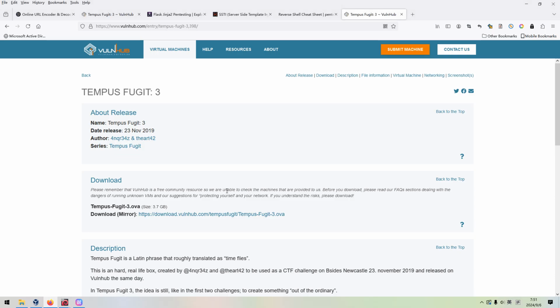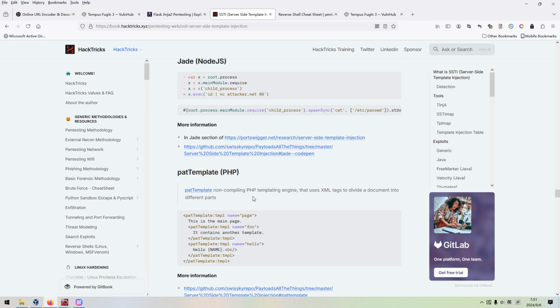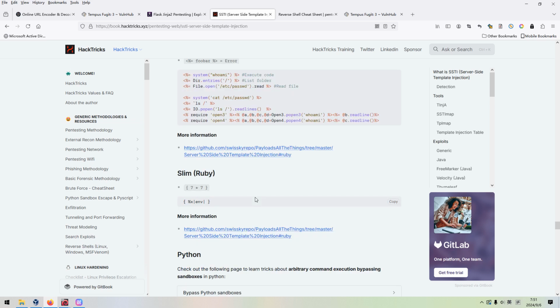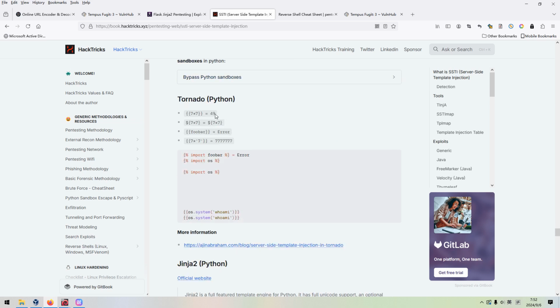Okay, so next we need to exploit this vulnerability, and we can scroll down to test, like Python. We have already tested, and you can use different payloads to test such a vulnerability, because for different template engines the behavior will be different.